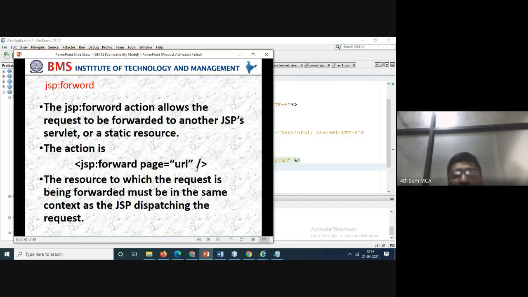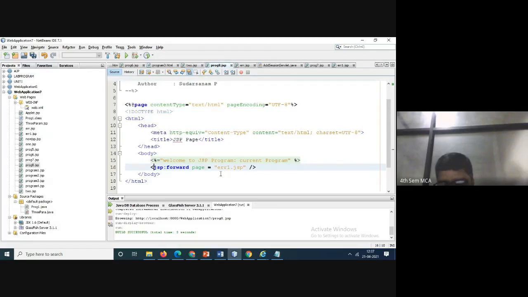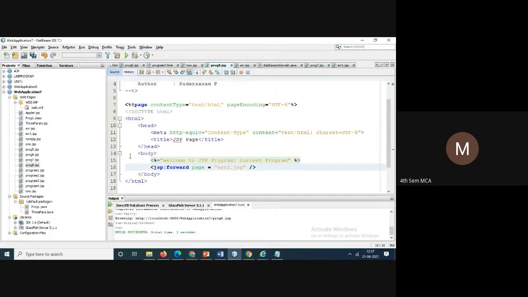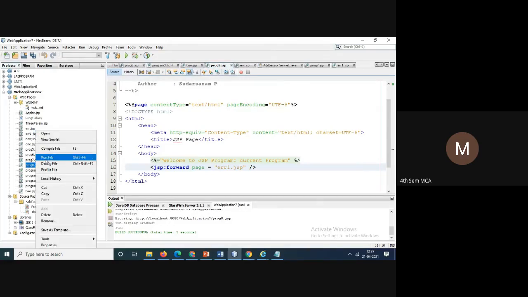So URL is nothing but the file name that you want to use. Here I will be using the same file name only so that I can execute the programs a bit fast. So now see here, run the program now.